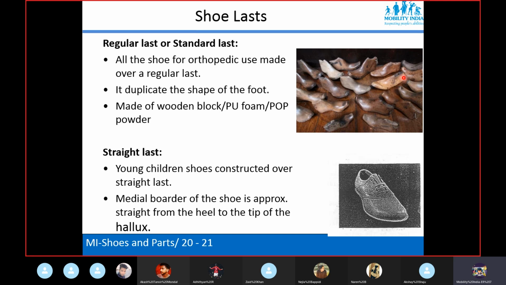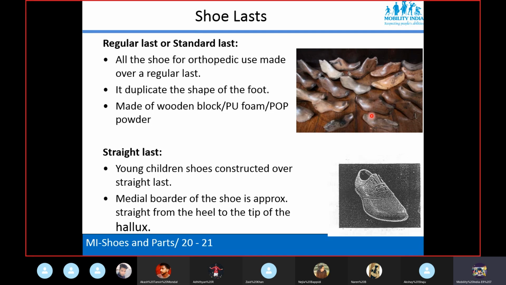And what is a shoe last? A dummy piece, made of wooden block, polyurethane foam or plaster of Paris bandage. Without the shoe last we can't design or construct the shoe. Understood?